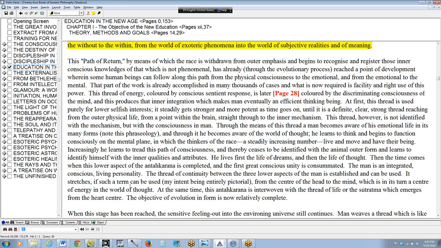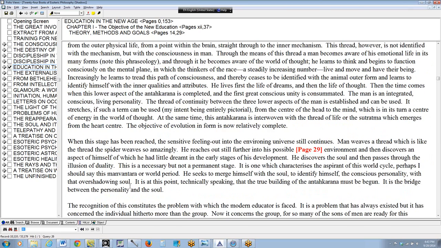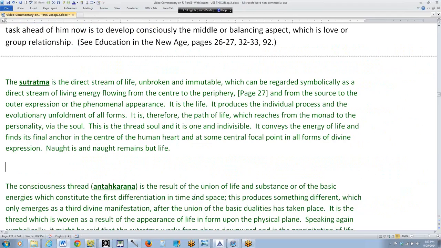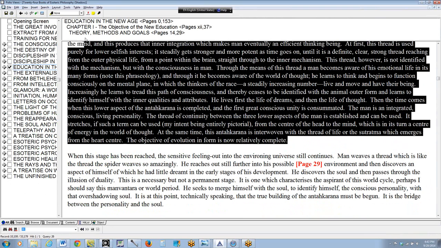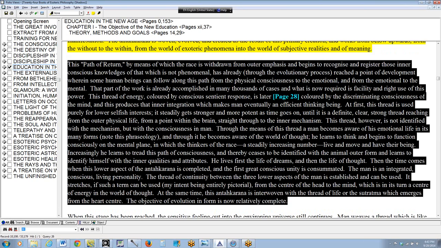It stretches, if such a term can be used, my intent being entirely pictorial, from the center of the head to the mind, which is in its turn a center of energy in the world of thought. At the same time, this Antahkarana is interwoven with the thread of life, or the Sutratma, which emerges from the heart center. Okay, the objective of evolution and form is now relatively complete. This is really so good and so necessary. So I'm going to copy this as well. I think it helps us to read this